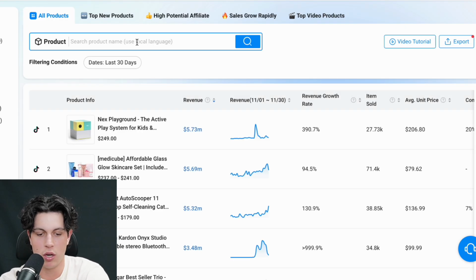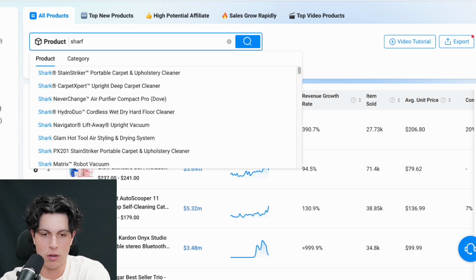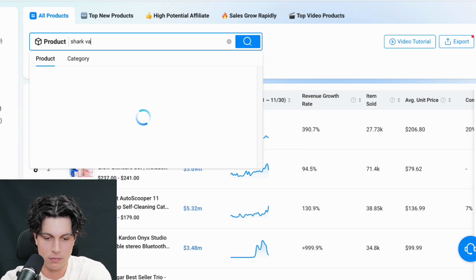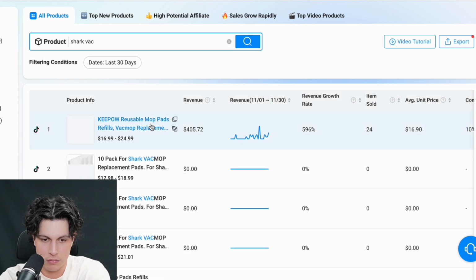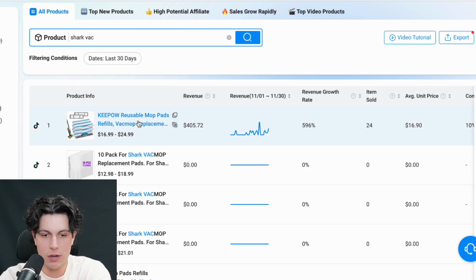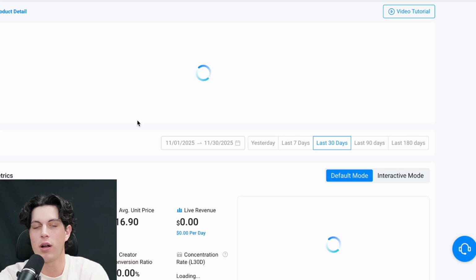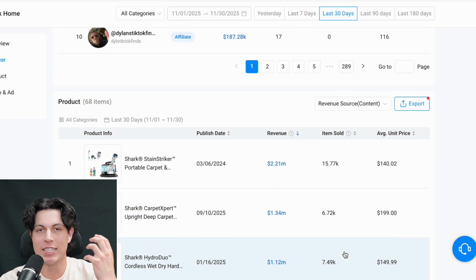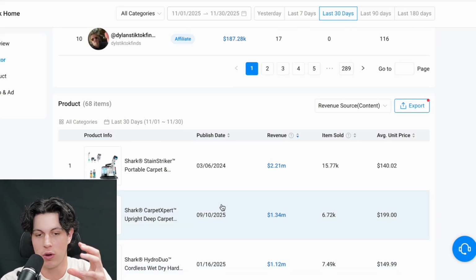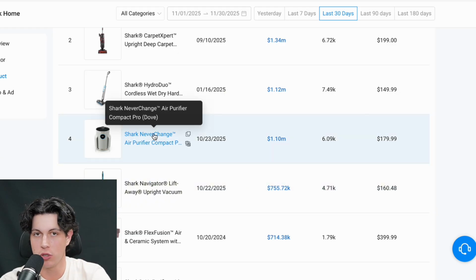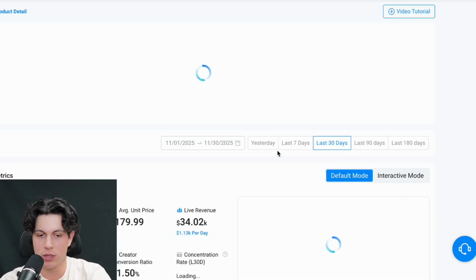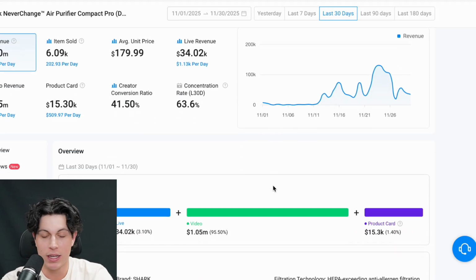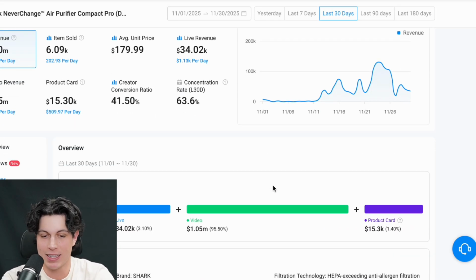For example, if I was just to go look up Shark right here, you'd be able to select one specific product listing that they have. If you're trying to look at a specific product that someone is running on live, right? So if I'm trying to do product research for one specific product, what I'll do is actually just click on that product, and you can then go down here and see exactly the same metrics, but for that exact